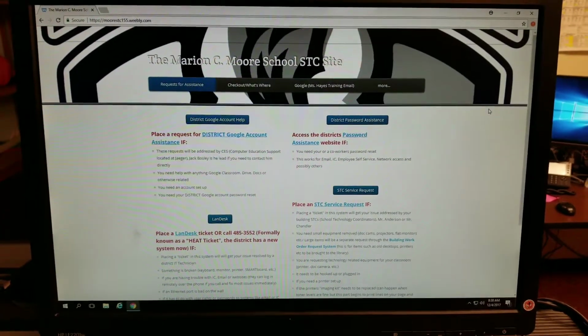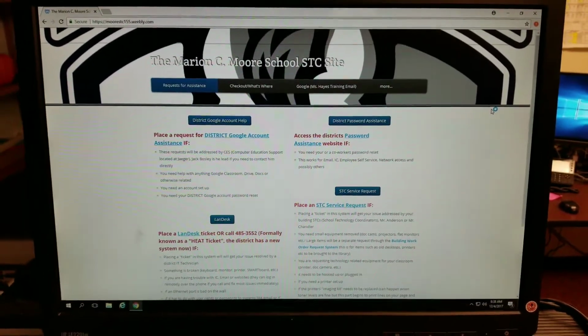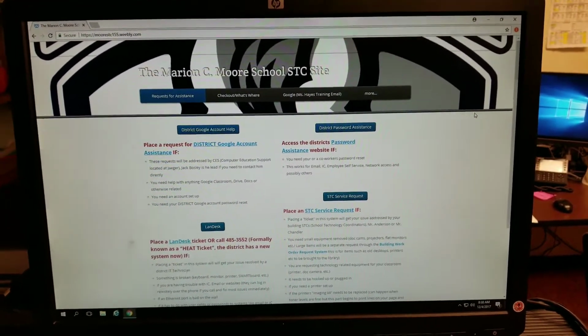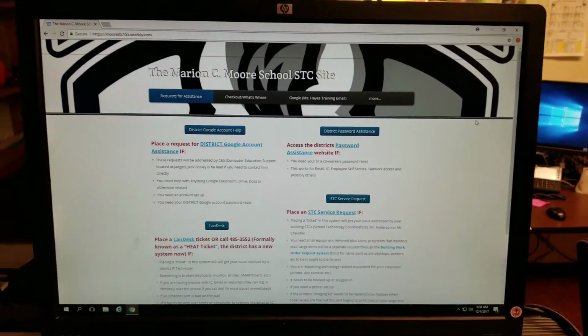Hey guys, this is Mr. Chandler, and I wanted to give you a quick rundown on how to install the MFPs, multifunction printers, also known as the copiers, as a printer on your computer. So you can actually print straight from your computer over to the copy machine,